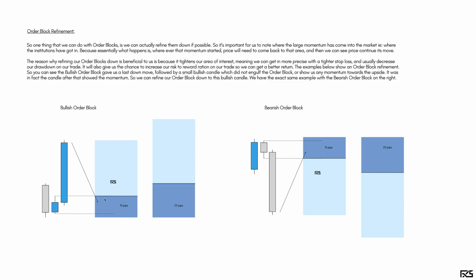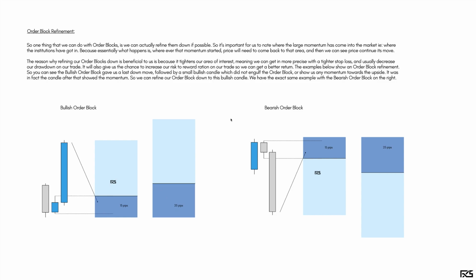So we're able to decrease our area of interest by 10 pips. That's going to get us in at a better price, a tighter stop loss, less drawdown and more risk to reward on our trade, because we are able to decrease our stop loss size by 10 pips. Okay,